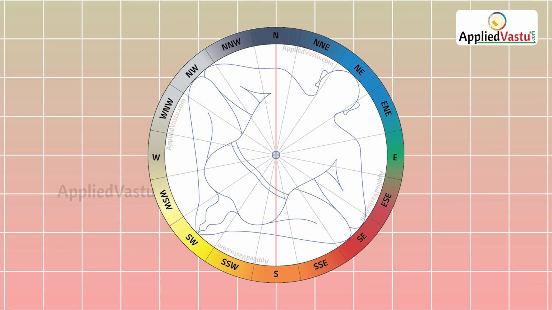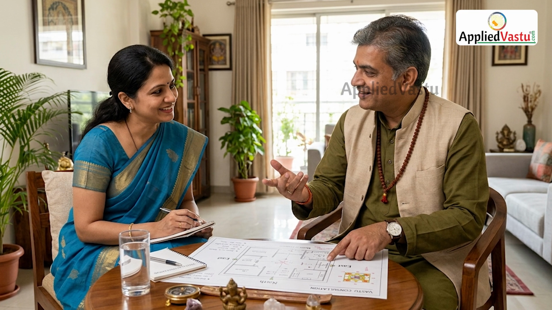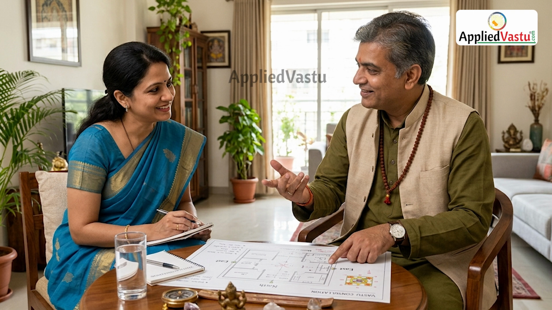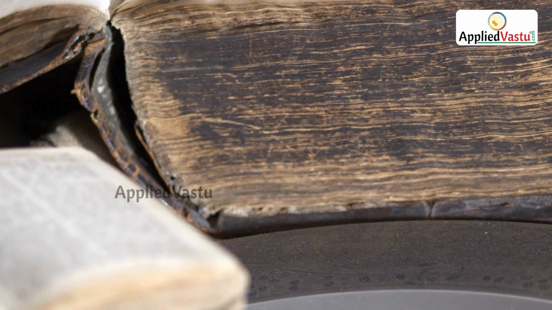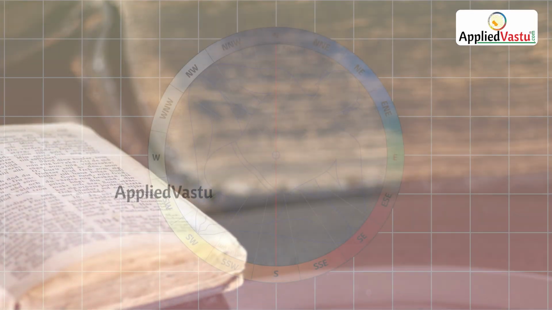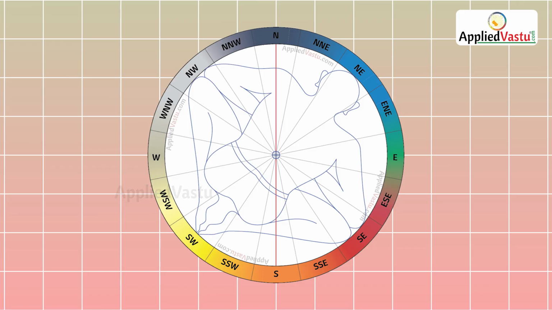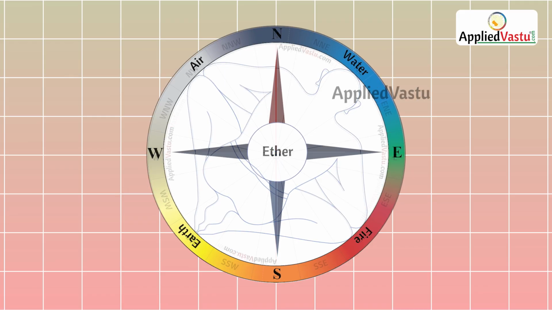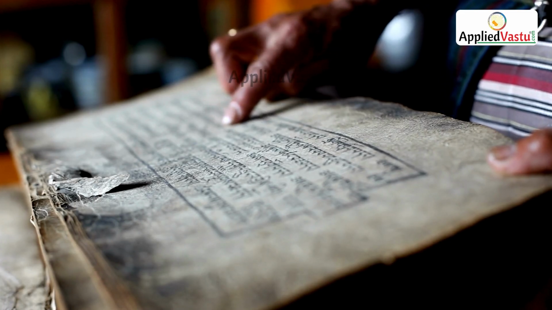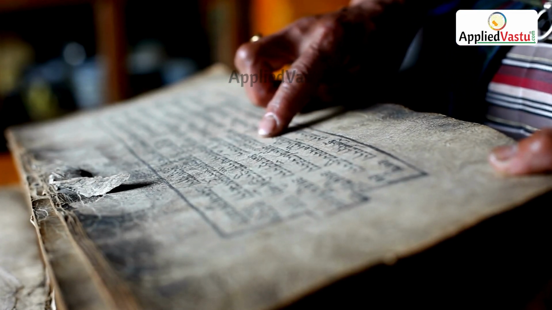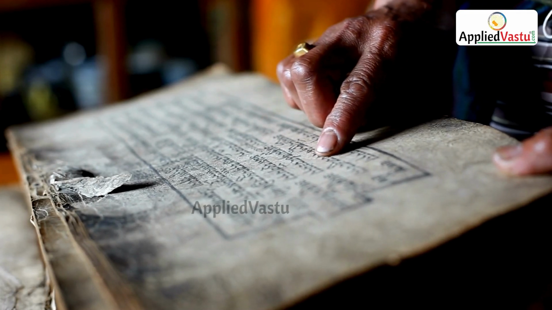So, the 16 directions are not part of modern Vastu. Many people think that terms like east-southeast, south-southwest or north-northeast were recently created by consultants, but these directional divisions already existed in ancient Vastu literature. The 16 zones are formed by dividing the 8 primary directions into smaller directional sectors. Here, we will learn which placements and activities are associated with each direction according to the classical Shlokas of Vishwakarma